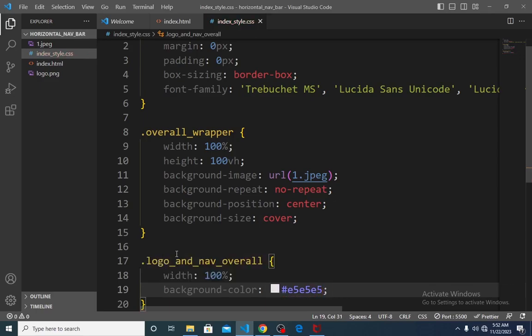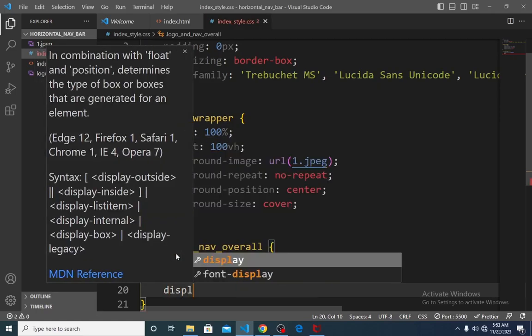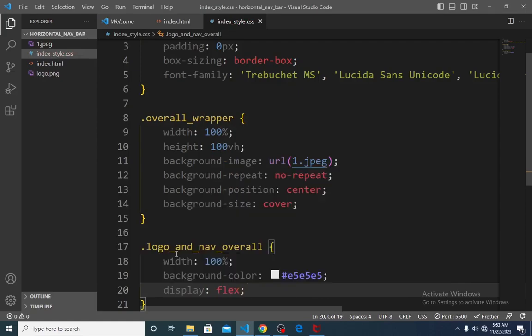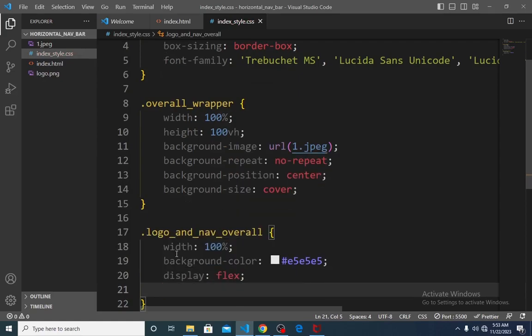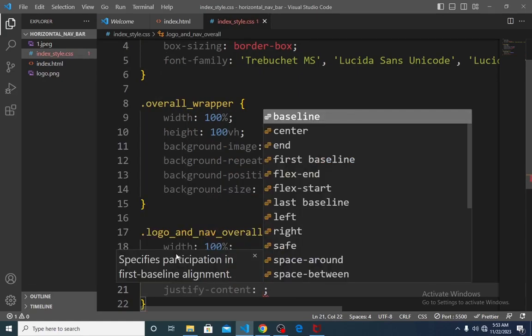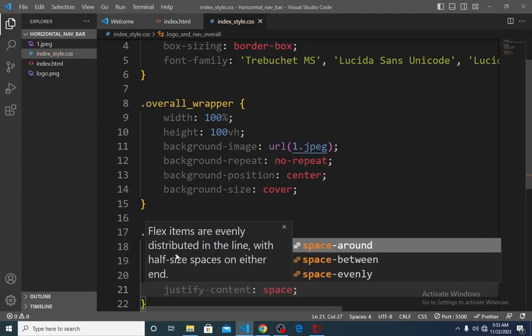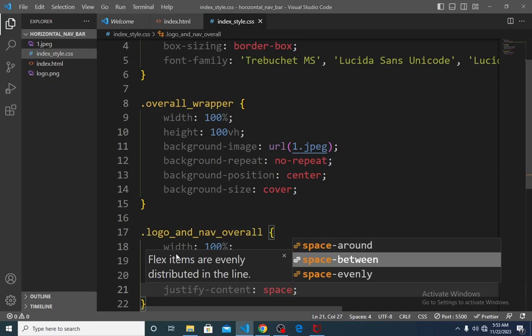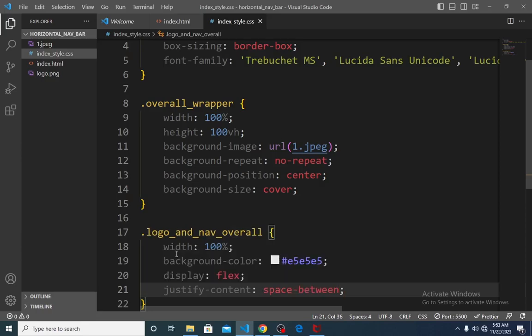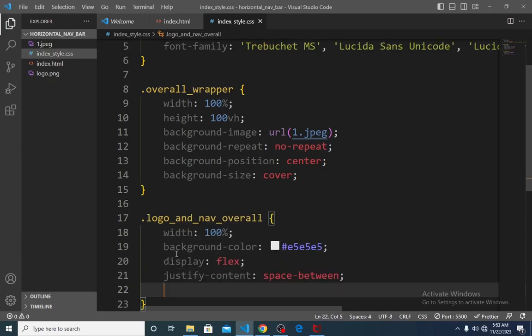That is a gray shade of color. Then the next one, I will make it flex display. Then I will justify the content to space between. Then I will align the items